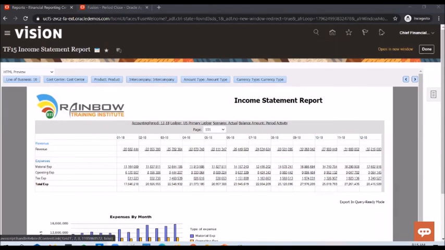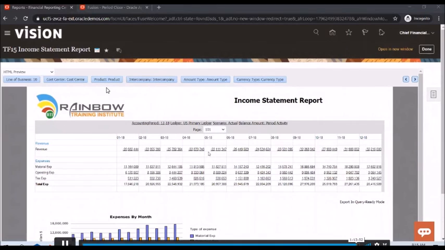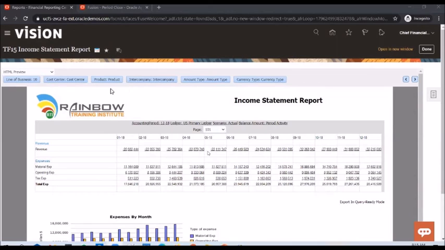So to report on GL balances, you can build an FRS report like this, or you can build a SmartView report. So tomorrow we will cover SmartView for the first half an hour, and then we'll move on to disbursement payment file format customization.